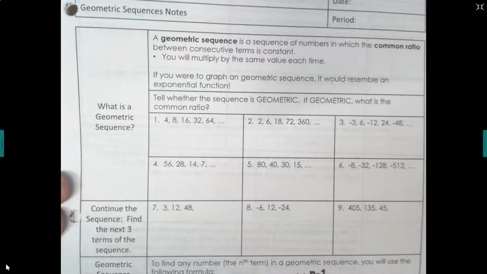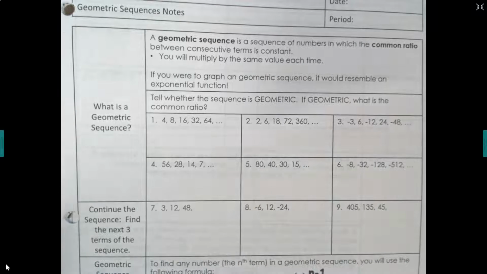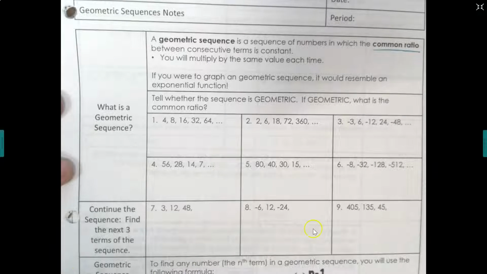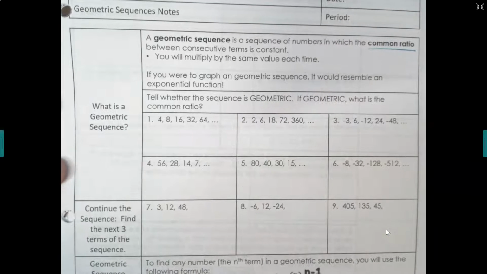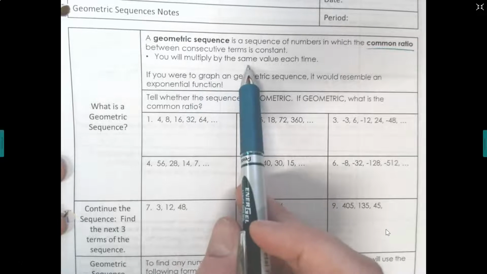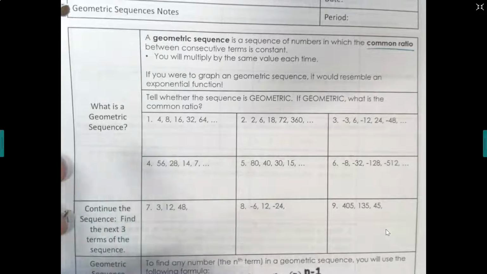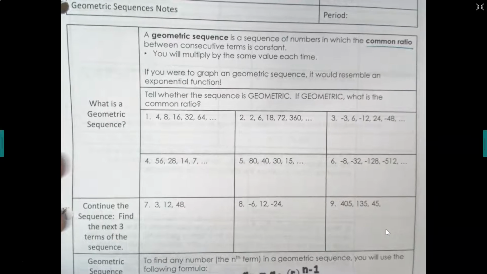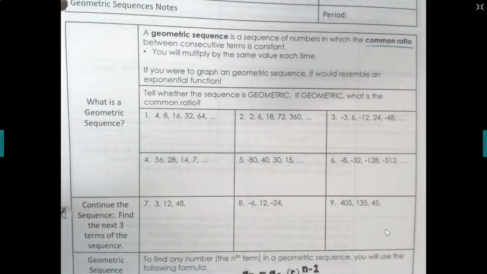Alright, so a geometric sequence is a sequence of numbers in which the common ratio between consecutive terms is constant. We have talked about arithmetic sequences. They had a common difference, and that's when you added or subtracted. But a common ratio is when you multiply by the same value each time. If you were to graph this geometric sequence, it would resemble an exponential function. So we're going to use a formula very similar to the exponential function formula when we write our